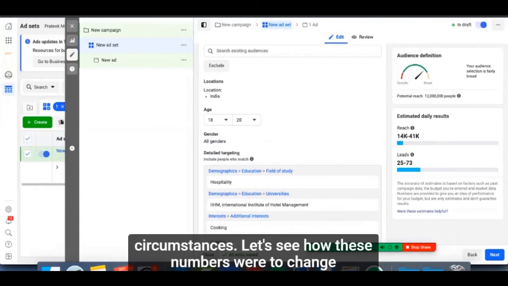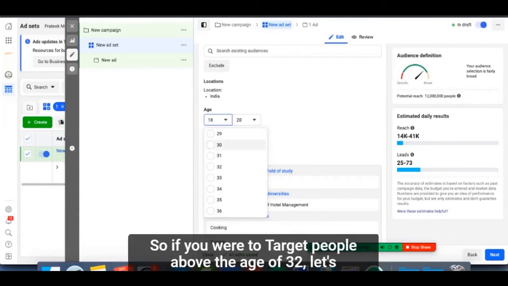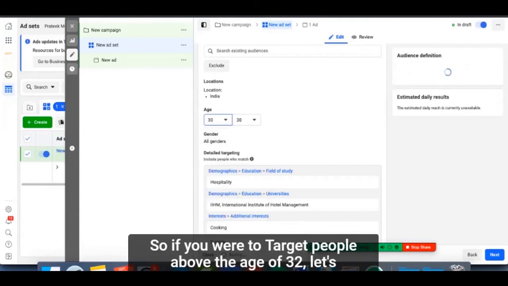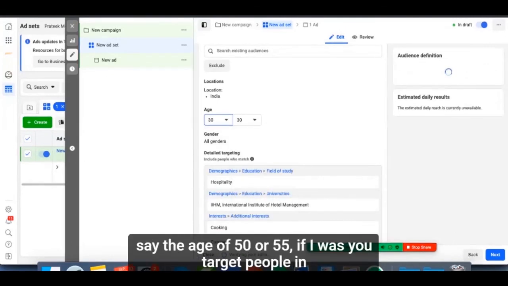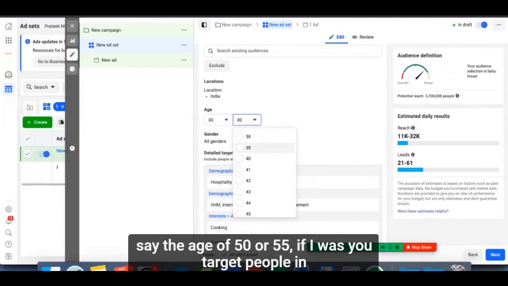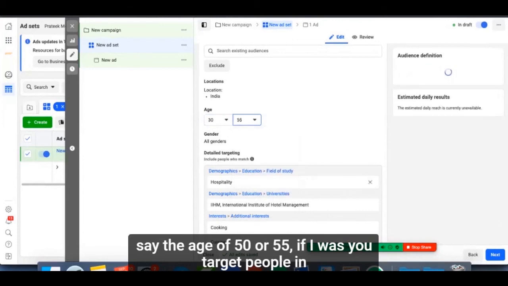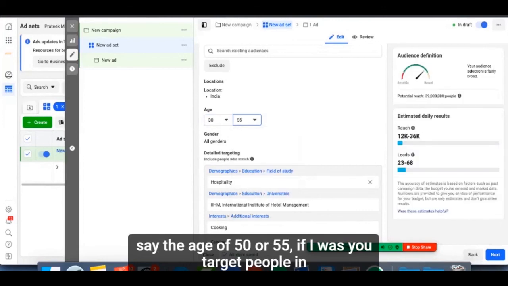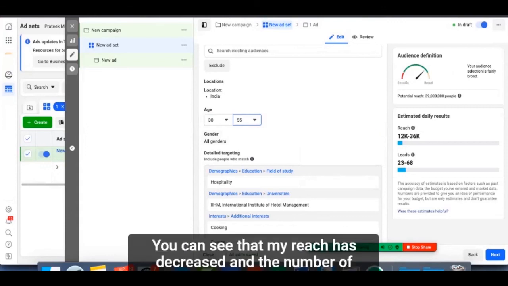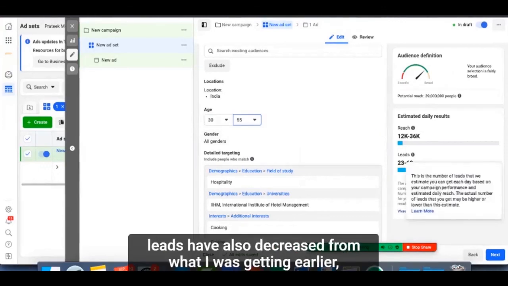Let's see how these numbers would change if we were to target parents. So if you were to target people above the age of 30 to, let's say, the age of 50 or 55, you can see that my reach has decreased and the number of leads have also decreased from what I was getting earlier, right?